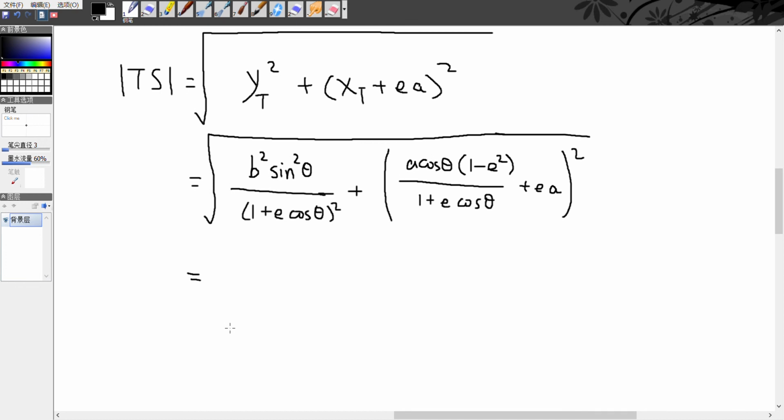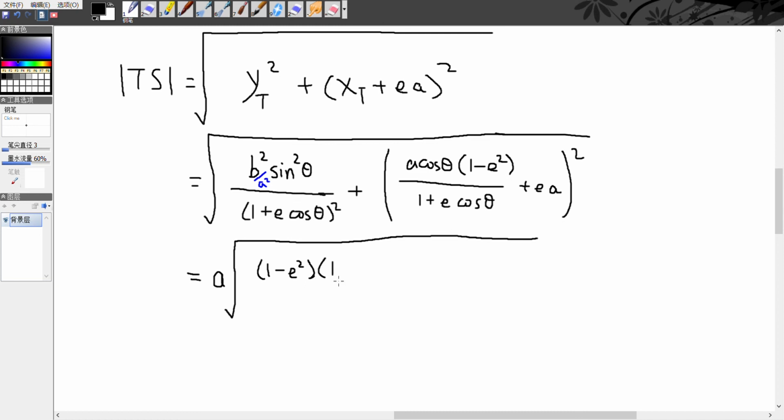From here I want you guys to know that our goal is to have this modulus of TS be a. So I think we just need to extract a from this messy square root term. So we extract a and wish this messy square root to be 1. Okay, so if we extract a, this b squared will be divided by a squared, which is just 1 minus e squared. So which gives us 1 minus e squared